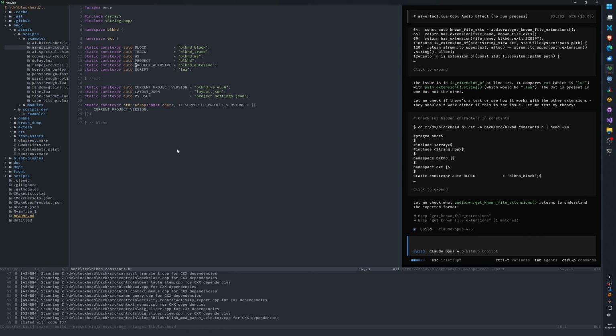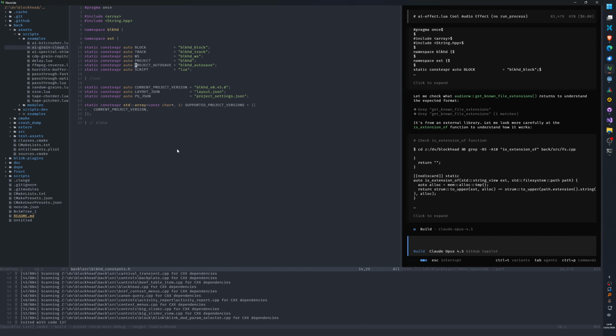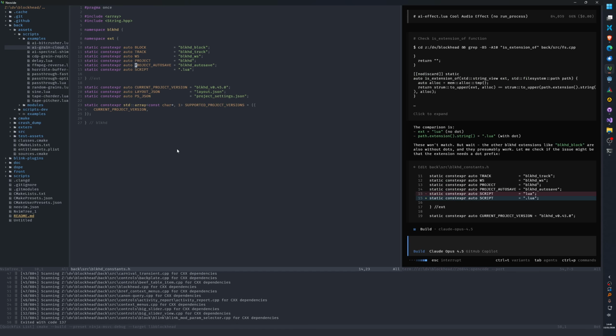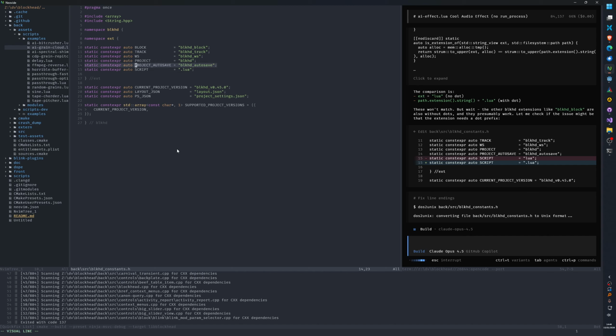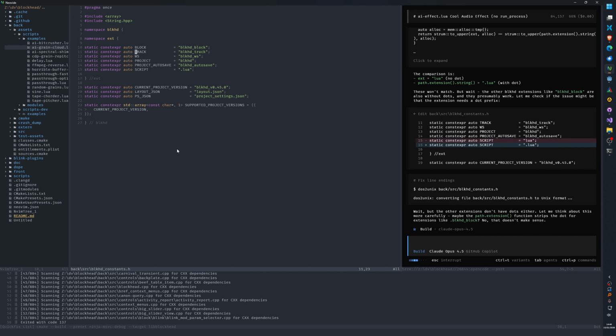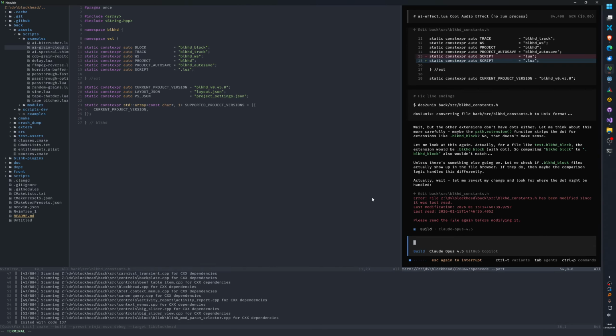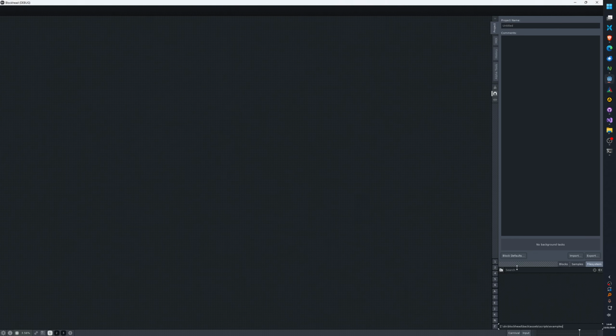One thing I changed recently was to stop using Godot strings to represent file paths everywhere, and I started using standard file system path because that just resolves a bunch of Unicode issues. So I need to check if these show up as well. No. I think you got it, Claude. I think I'm supposed to set these to dots. Let me check, I can check by going to testing.